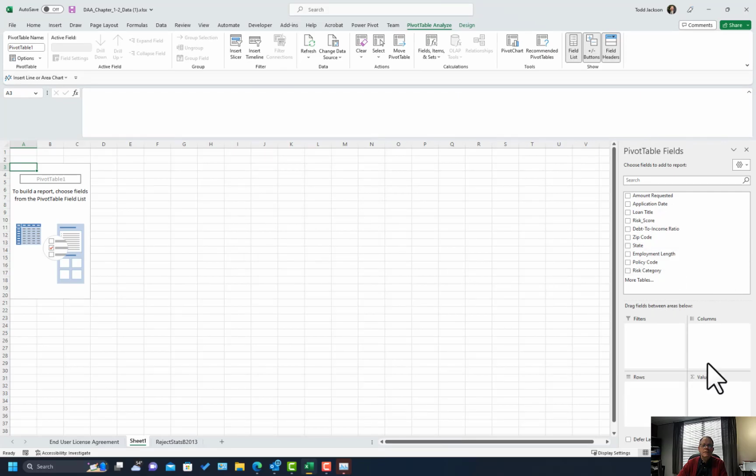Okay, so pivot tables take a little practice. You kind of have to think them through sometimes, but this one's fairly simple. All we want to do is count the number of rows or records in each of the risk categories. So I know in my table I want the list of risk categories to be the row header. So I'm going to click and drag that risk category over here